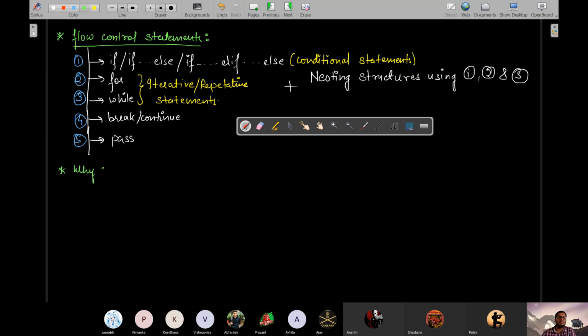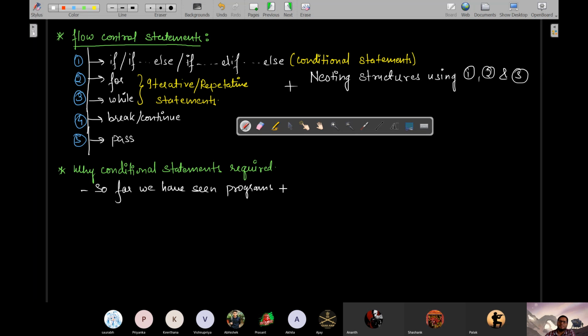Why conditional statements required. देखो इसका रीजन इसमें है. So far we have seen programs which have